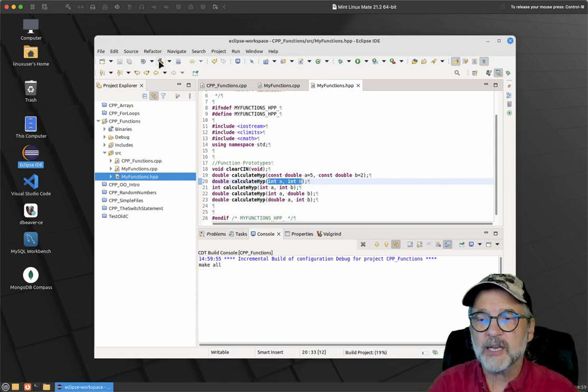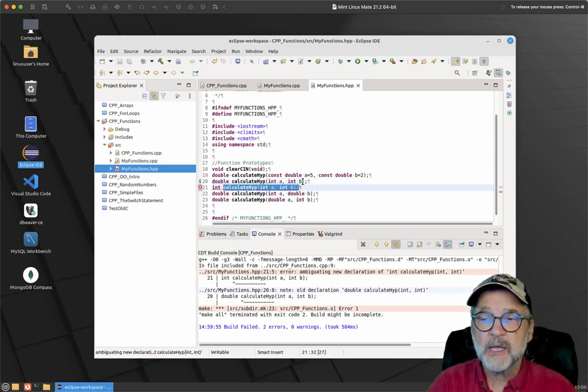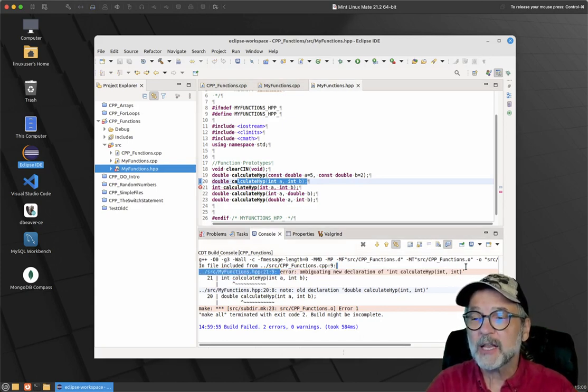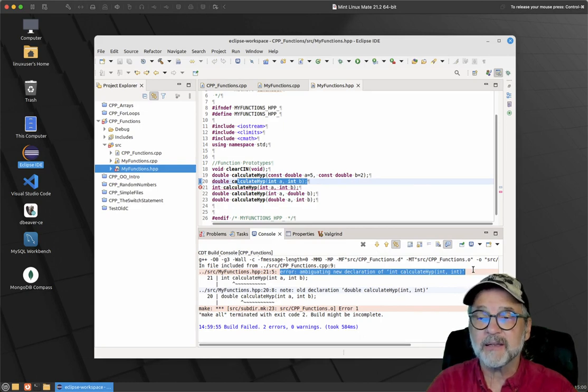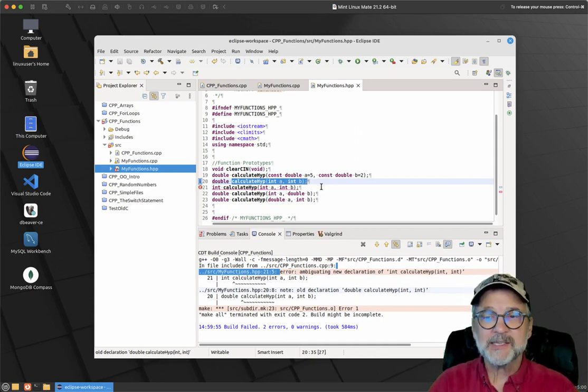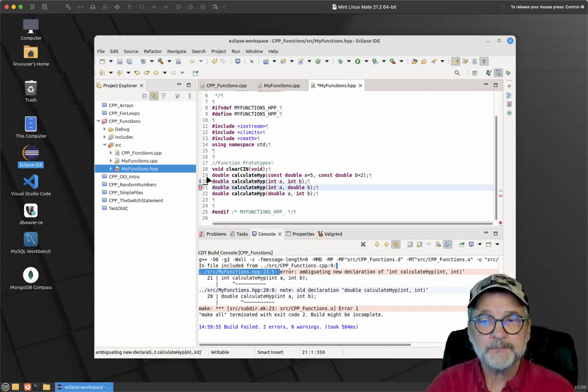Now, I don't know if this is going to give me a compiler error. Yep, it certainly did. So in this case, it said calculate height that takes 2 integers has already been defined up here. And it says here, error, ambiguity, new declaration of integer calculate height int. And I know that's a little bit confusing because it was double there. It's not looking at the return type. It's only looking at the function name and the arguments that go in there. So you can see how this could be kind of confusing, right? When you're talking about